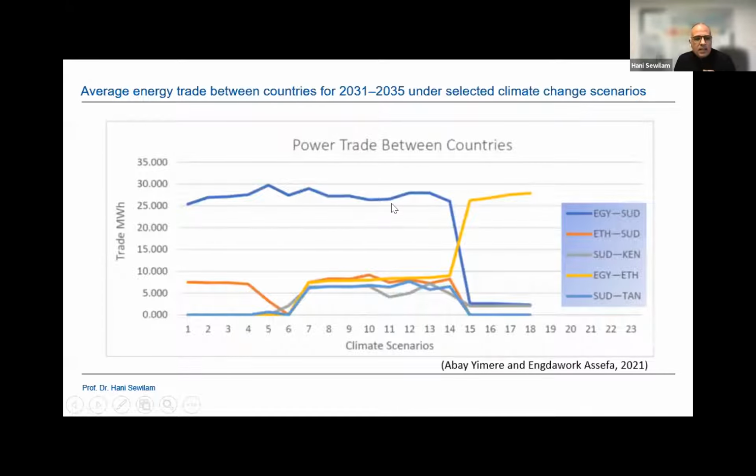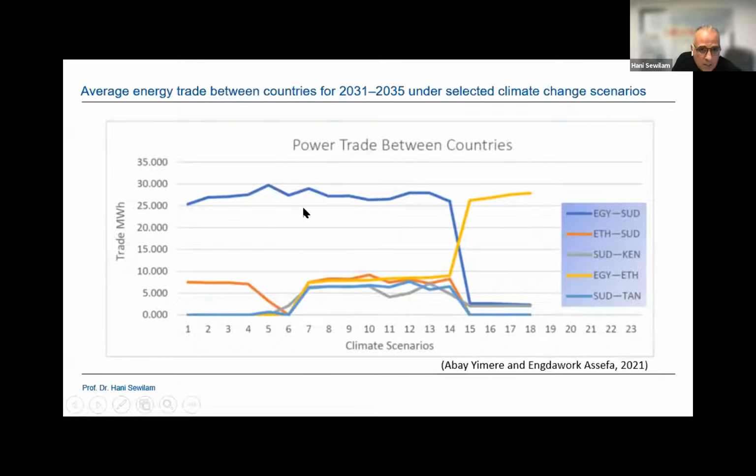But here, an interesting relationship that was studied by one of the researchers is what is the relation in terms of energy sharing and energy exchange under the pressure of climate change? What will happen in the future? Whether we agree with the study or not, I don't agree completely with the study, but I found the idea itself kind of interesting, to study different climate change scenarios and the trade in terms of